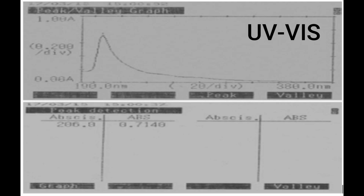A UV spectrophotometer is an instrument that combines the wavelength with the frequency of the absorption intensity of a substance, transmission or absorbance, and expressed in the form of a spectrum, in the form of lines or absorption bands. The formation of absorption bands is caused by the excitation of more than one kind of electron in a very complex molecular group. The UV isolate spectrum showed a maximum wavelength at 206.0 nanometers with an absorbance of